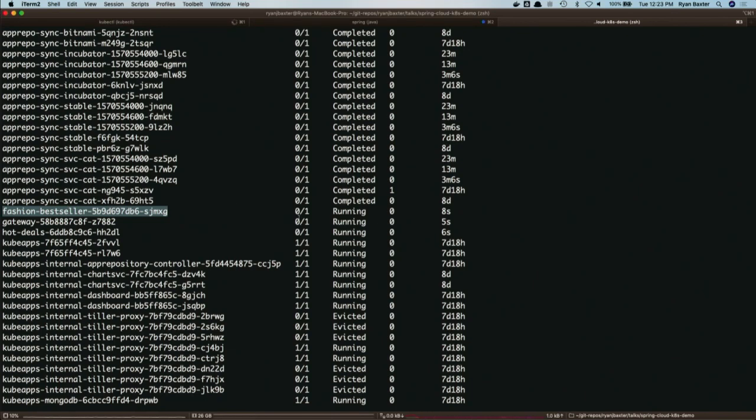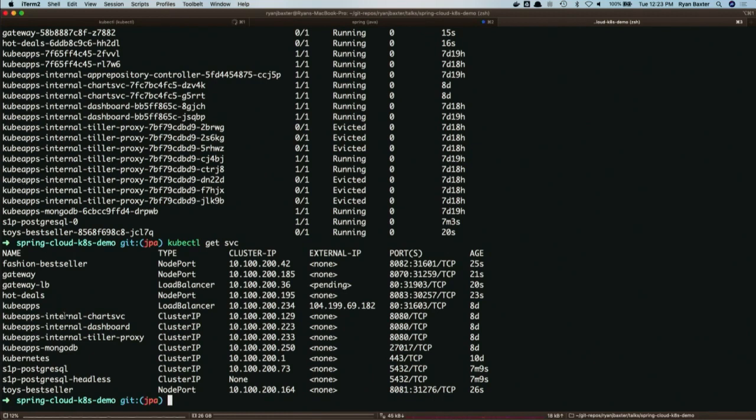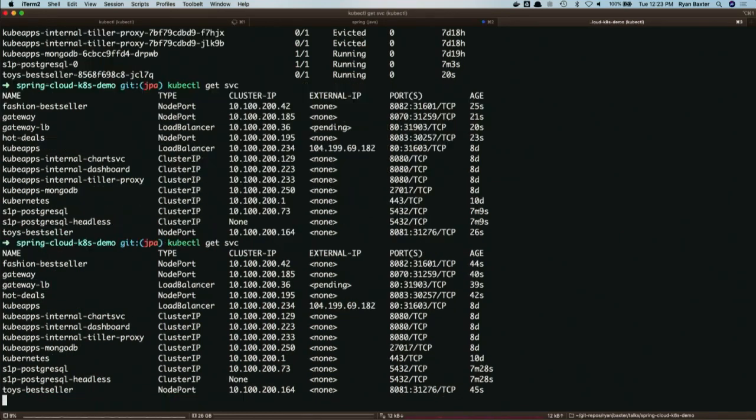Here you can see that fashion bestseller is starting, and you can also see that I created a load balancer object in order to access my application. Here I'm asking the Kubernetes cluster to give me an IP address so that I can connect to my application using a real-world IP address. We just have to wait for the Kubernetes cluster to give me this address.